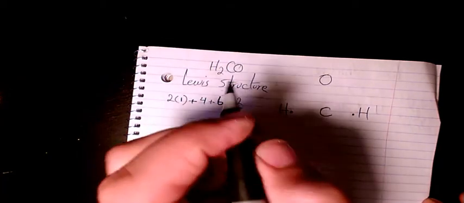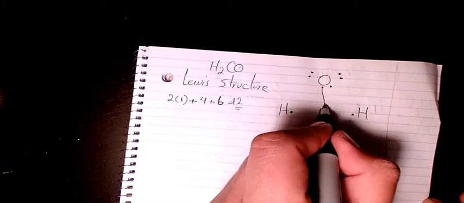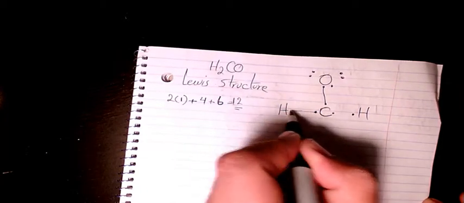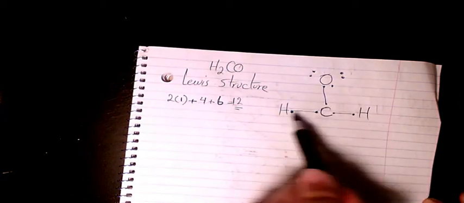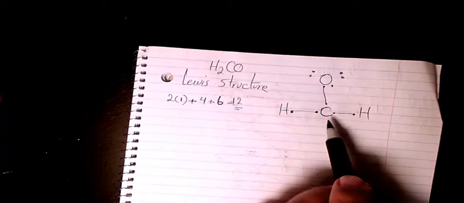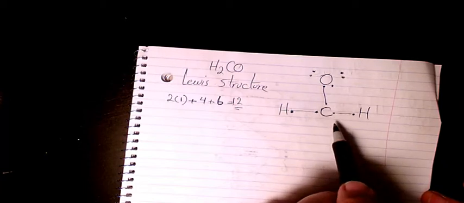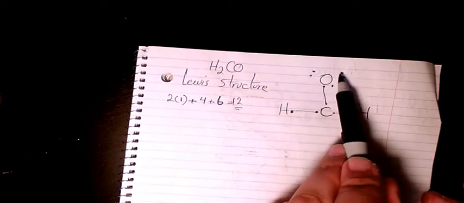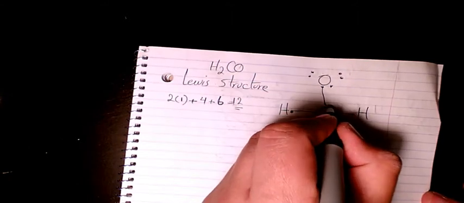So then we have hydrogen and oxygen. We have 2, 4, 6, and if we have one in here, one in here, one in here, as you see here, the duet rule for hydrogen is valid, but for carbon here we have 2, 4, 6, so we don't have the octet rule here. And for oxygen, same thing, 2, 4, 5, 6, 7. So we need to have one more